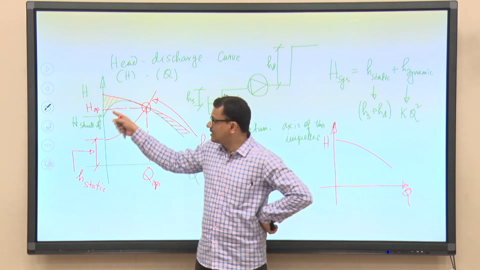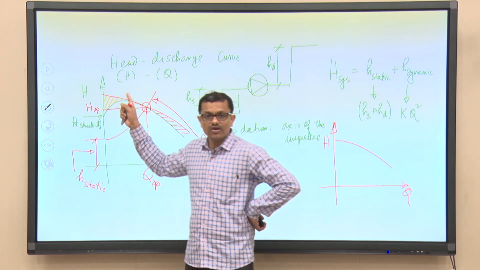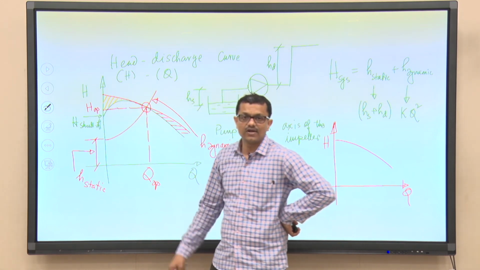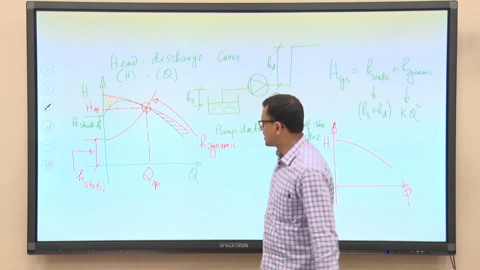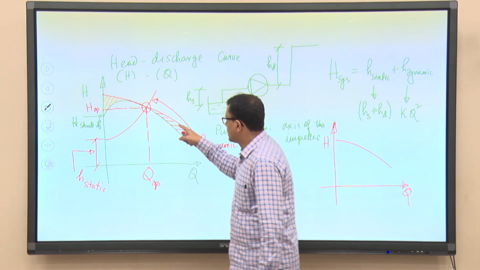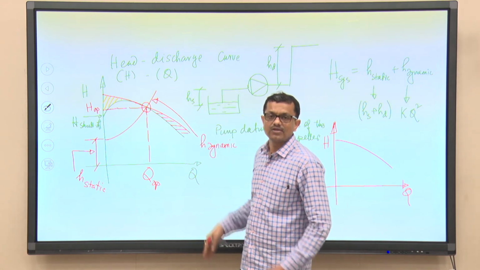Now, we can see that there are losses both at the suction side as well as the delivery side. The losses at the suction side are what is known as separation losses. In fact, I have discussed this aspect, and also recirculation losses are there at the pump delivery side because of the blockage.